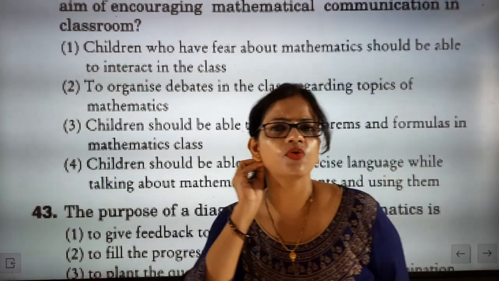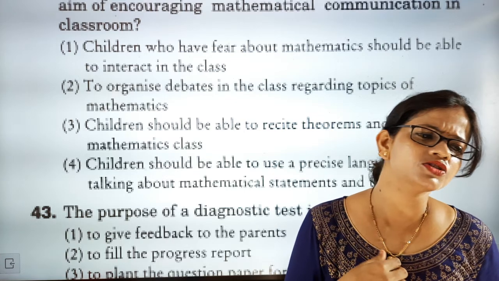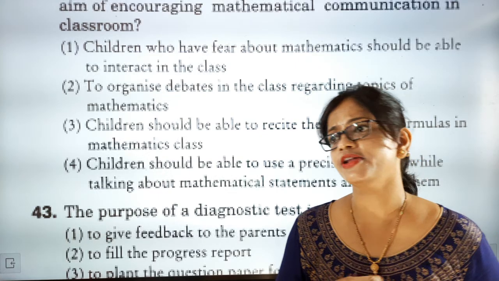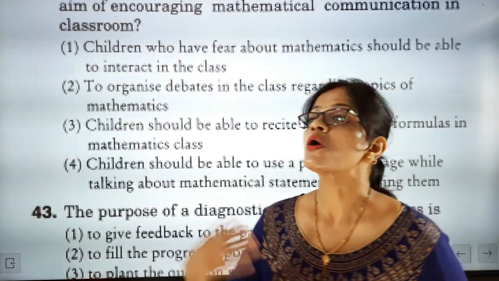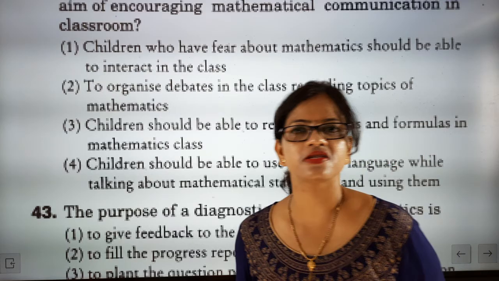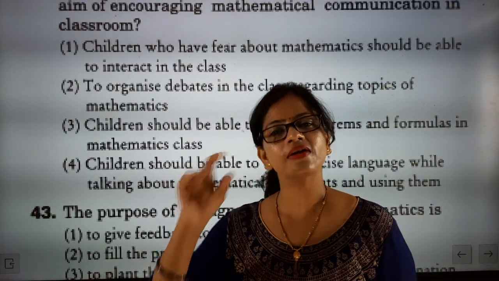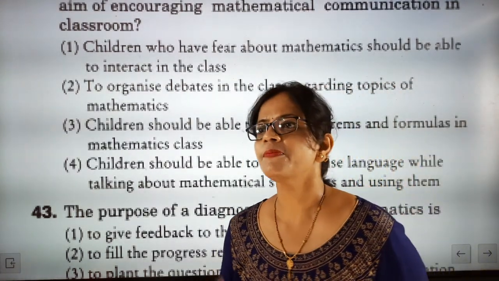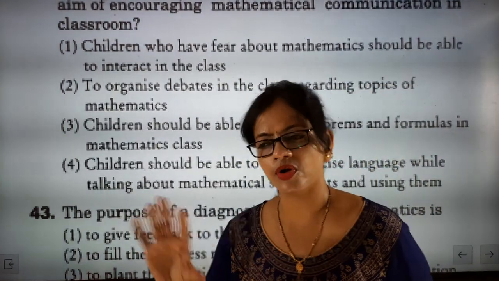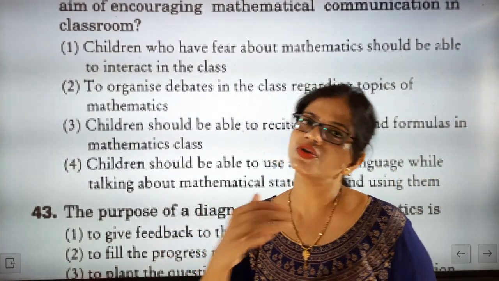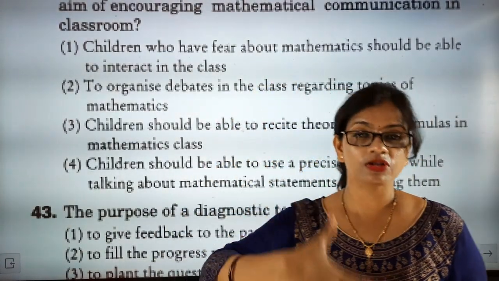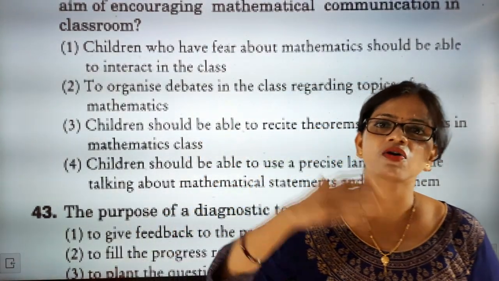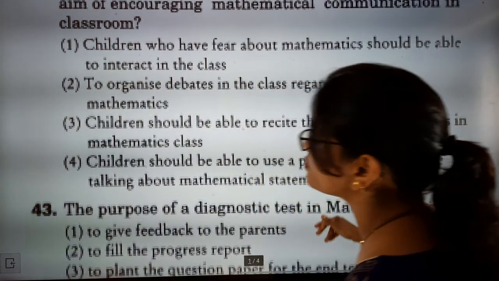So precise language they are going to use at the time of talking, like sum of angles of a triangle is 180 degrees. So sum of angles of a triangle is exactly 180 degrees. And you know what, when you are talking about a quadrilateral, it has exactly two triangles inside it. So two triangles means what? One triangle is 180 degrees, then two triangles means 360 degrees. Okay, then pentagon, how many internal angles? What will be the total of internal angles for a pentagon? So exactly what you have done, you are talking in mathematical language, you are using English for communication, and in that you are teaching the concept of mathematics. I hope you might have understood this part.